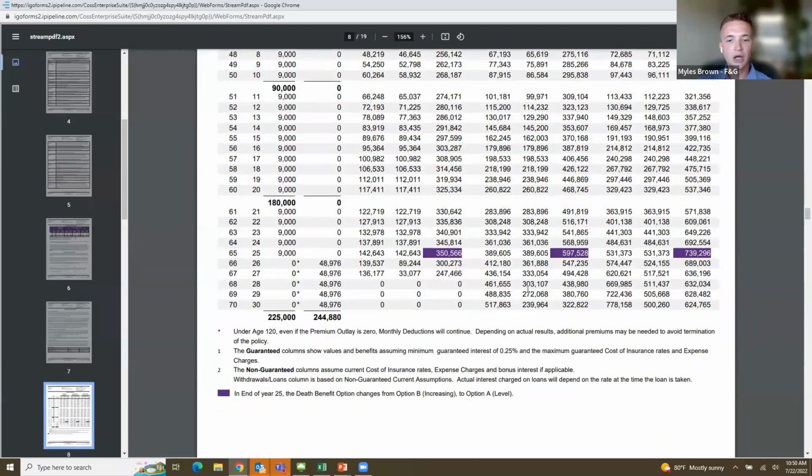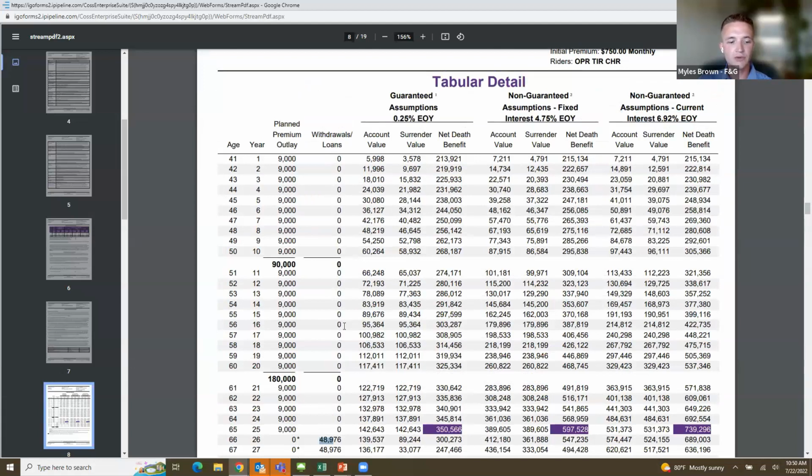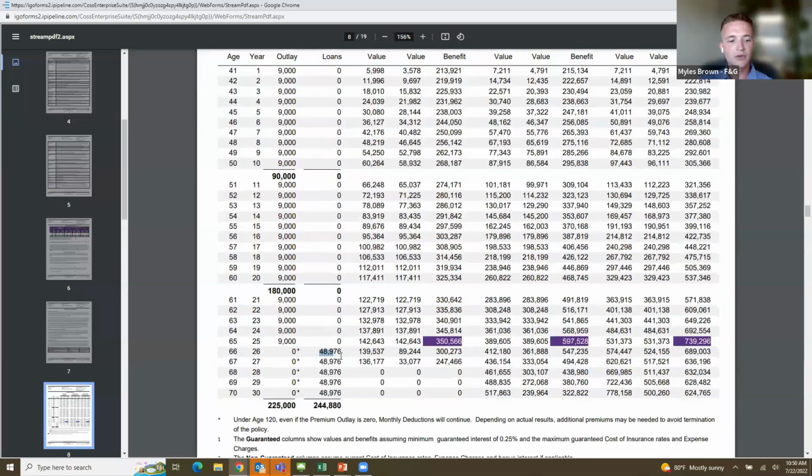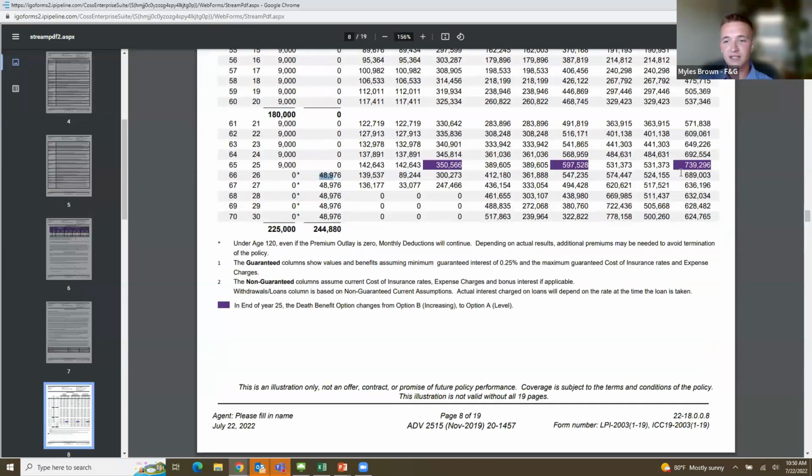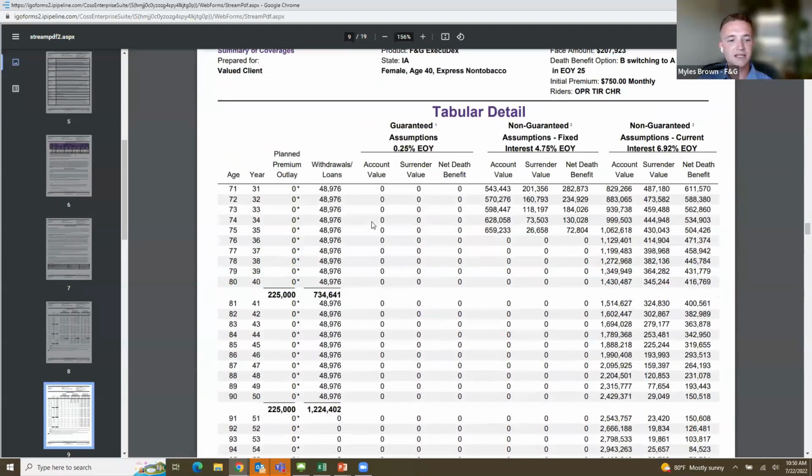And if we scroll down here to the bottom, we can see the income under the loan/withdrawal section. So loan/withdrawals. And in this scenario, the client's been able to borrow $48,000 a year from her contract. At the age of 65, she has a $739,000 death benefit. Highlighted in purple here, that just means we're switching from an option B to an option A death benefit to maximize distributions out of the policy. And then we'll see that this income goes all the way out until age 90, which is what we requested